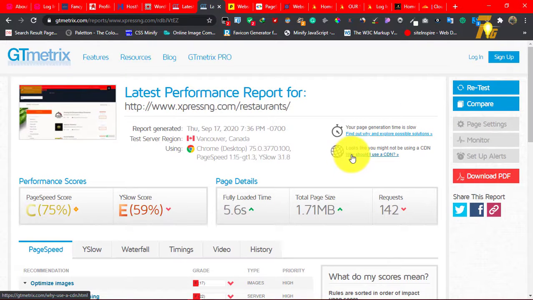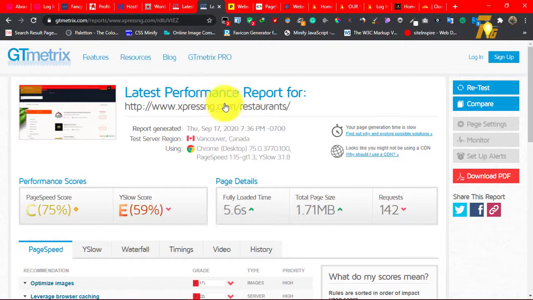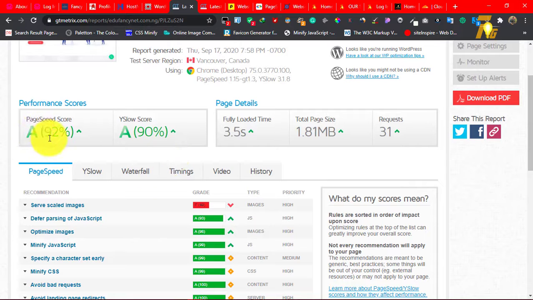I'm going to show you how to do all these things. Very important, you're supposed to know that speed and an SSL certificate are what make Google rank your site higher than other sites. It's one of the factors, when your website is secure and has enough speed, and it can open in less time. Any website that takes more than 5 seconds